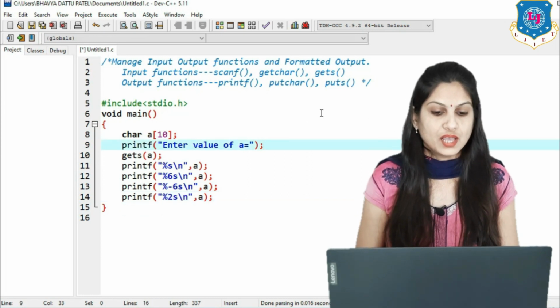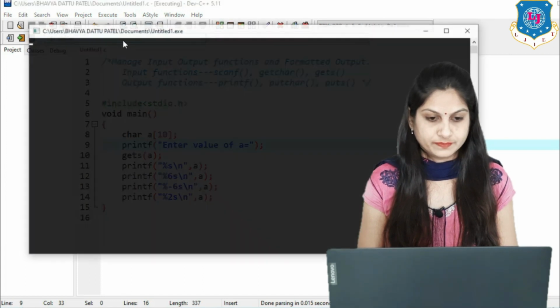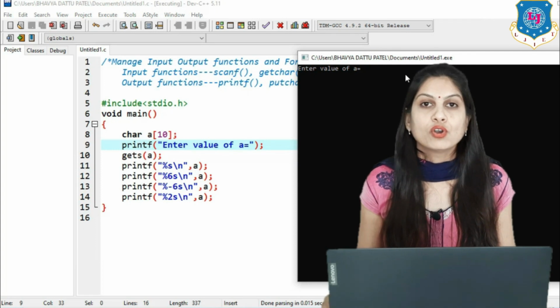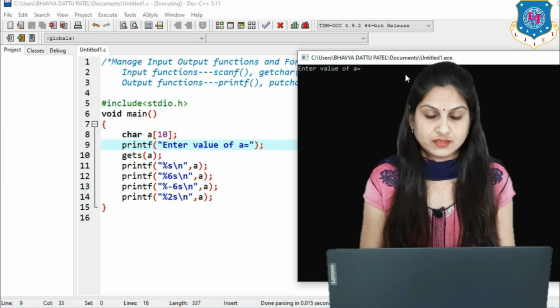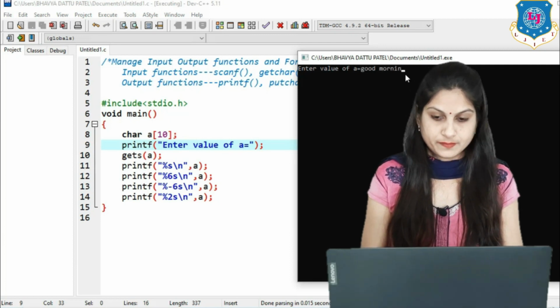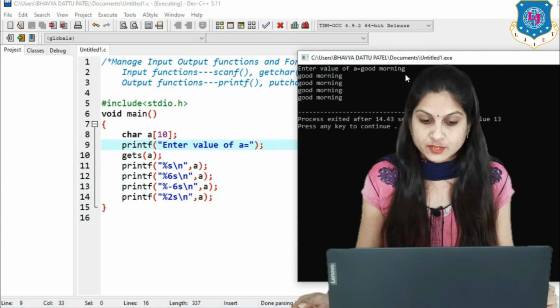So simply we have to write s everywhere, and check the output. Compile and run this program. Here the message is the same, enter the value of a, and my a is nothing but a string. So we have to enter a string, just like I am entering good morning. Then what happened? The different forms of good morning will be displayed.